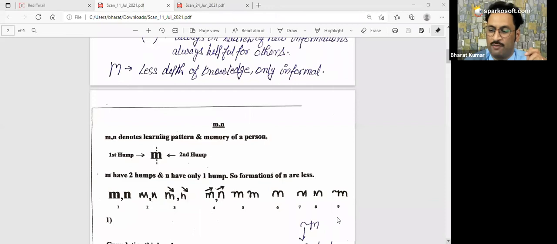Okay, now we are talking one by one. If you listen here, M and N both denote the learning pattern and memory of a person. M and N both have the same trait. So if you want to make sure whether the trait of learning is correct or not, try to check M as well as N. So now you can check it. Yes, Vedavel got it, Padma got it, Mayusha got it. I'm very happy you all are giving answers, meaning you have not just logged in and gone elsewhere. You are actually studying.